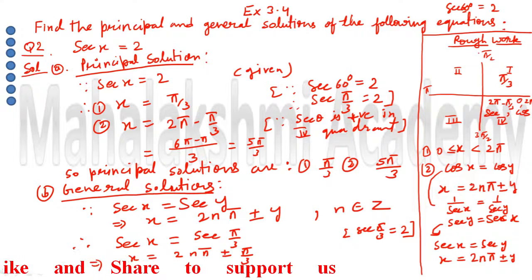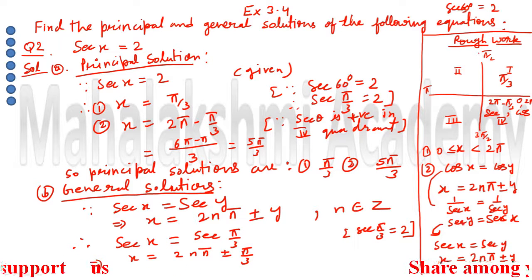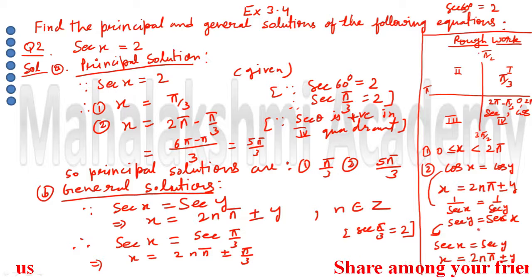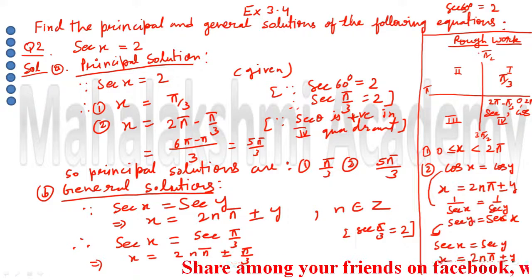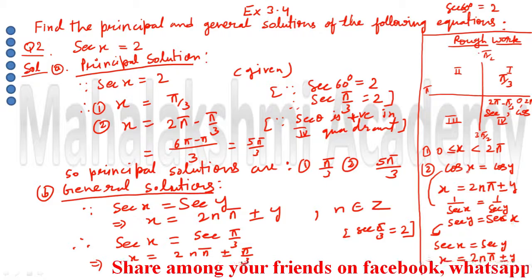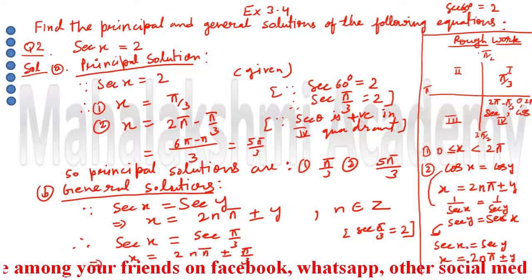You have general solutions only for 3 equations, and from the given 3 equations we have to find out. Like for sec y and sec x, we don't have any formula. You can check your books. You don't have any formula, but for sec x and sec y, you can derive the formula from cos x and cos y like this, as I explained here.